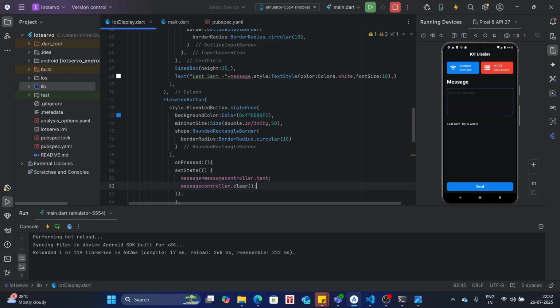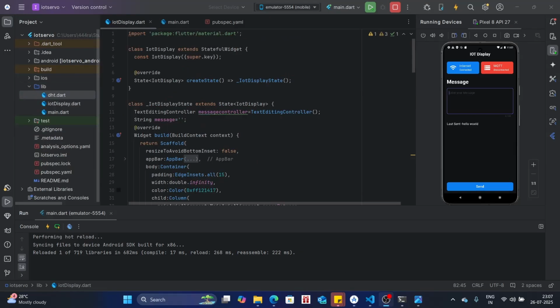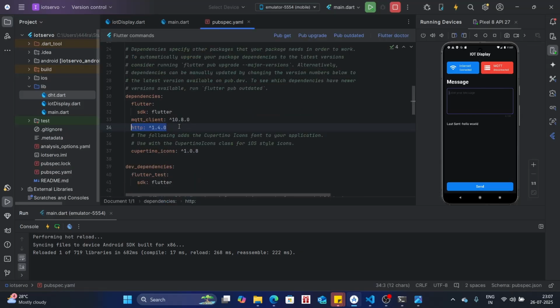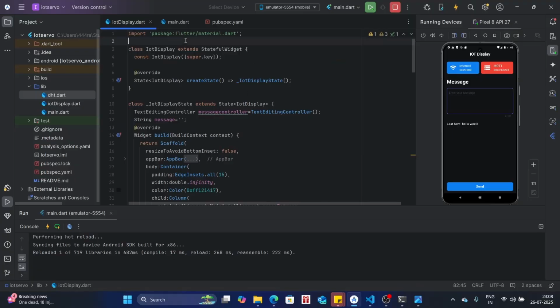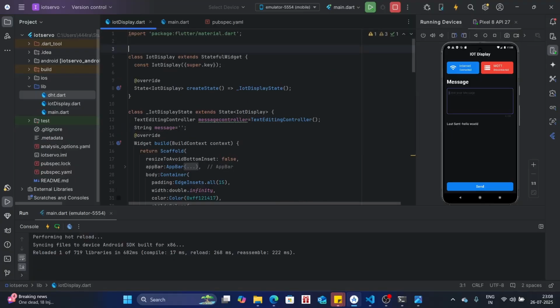Now let's add the main PubSub client library. For connecting with the PubSub client, we'll be requiring a library called mqtt_client. So you just need to paste it in your pubspec YAML file and then just do the pub get. So it's gonna get installed. So now let's just go to the IoT display. So here the first step would be declaring a variable client. Okay, is equals to